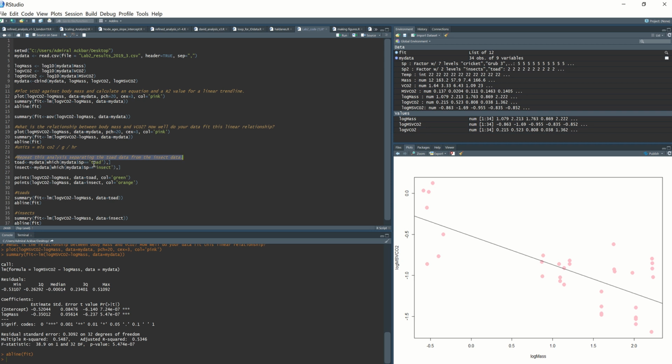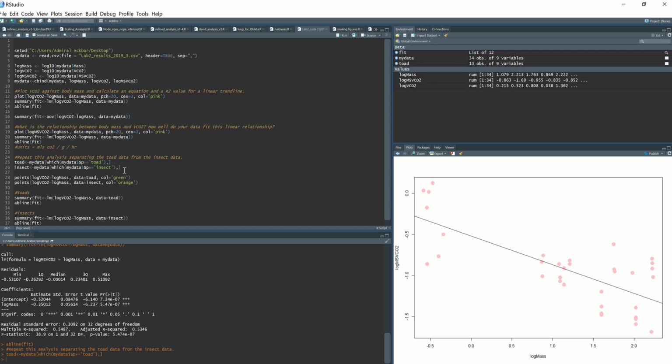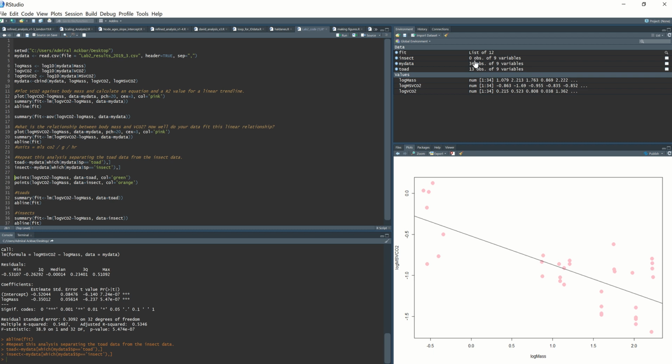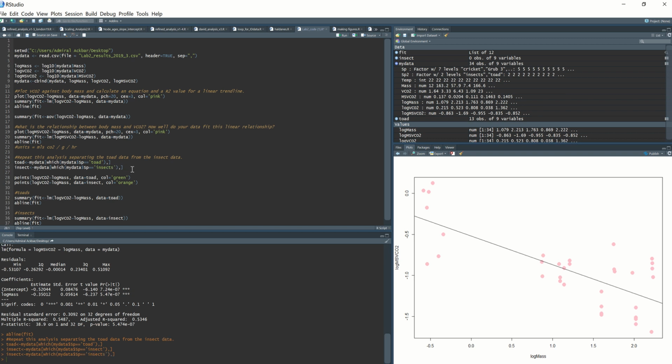All right, so now the fun part, we want to separate out our data into toads and insects. I can do that using this line here. The toad one should work quite well. We can double check. Yes, we have 13 observations up on this side here. Now, if I run this insect one, it's not going to work. You'll see we have 0 observations. The reason that's not going to work is we actually called it insects. So I have to just make sure that I use the right name there. We run that, and now our insect data